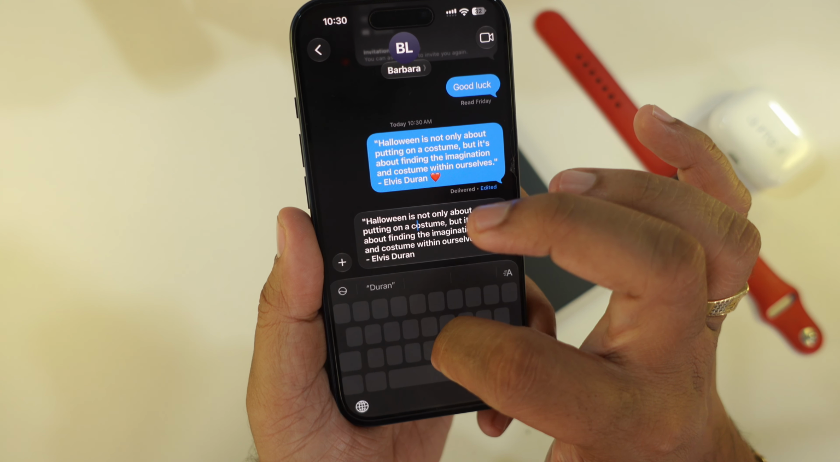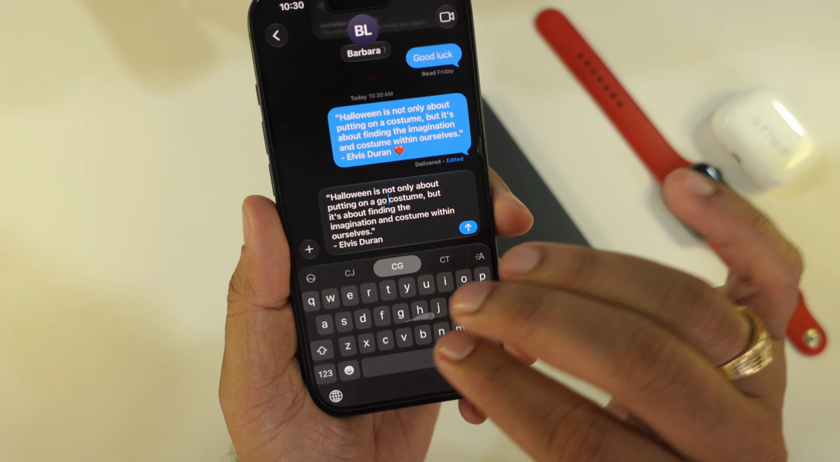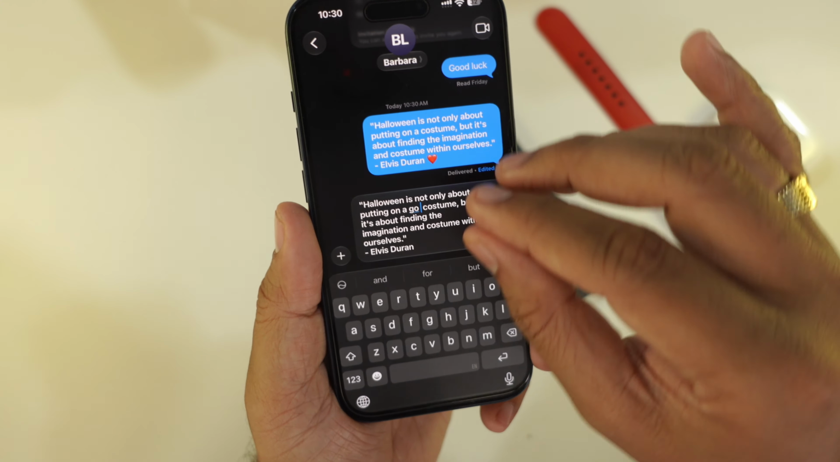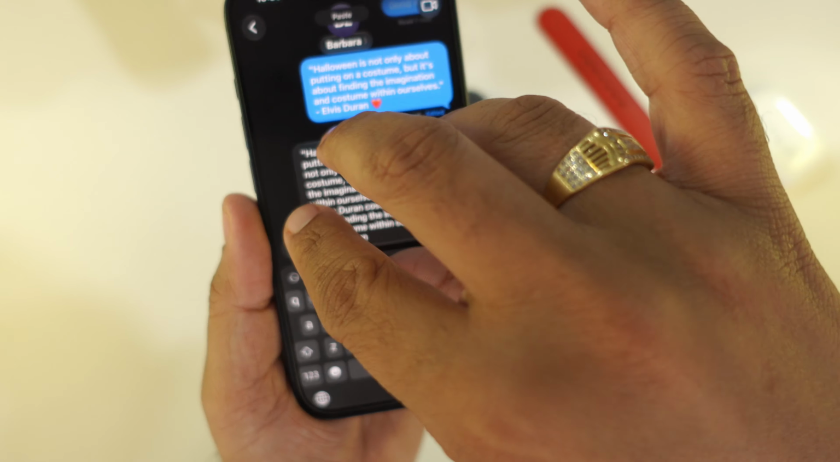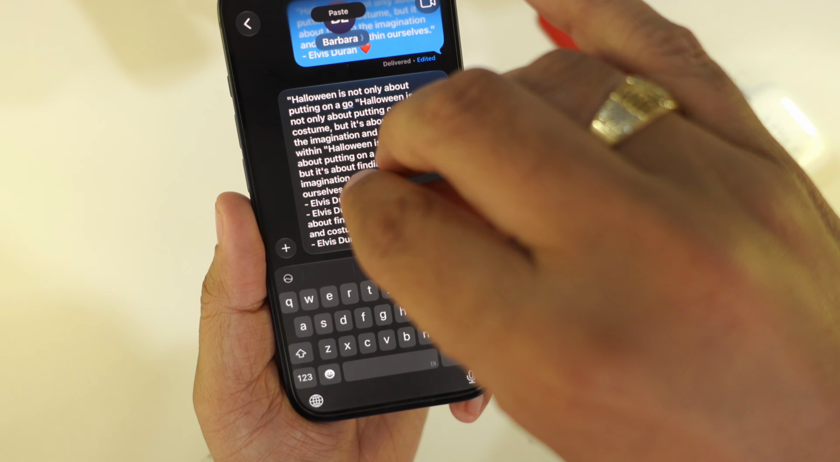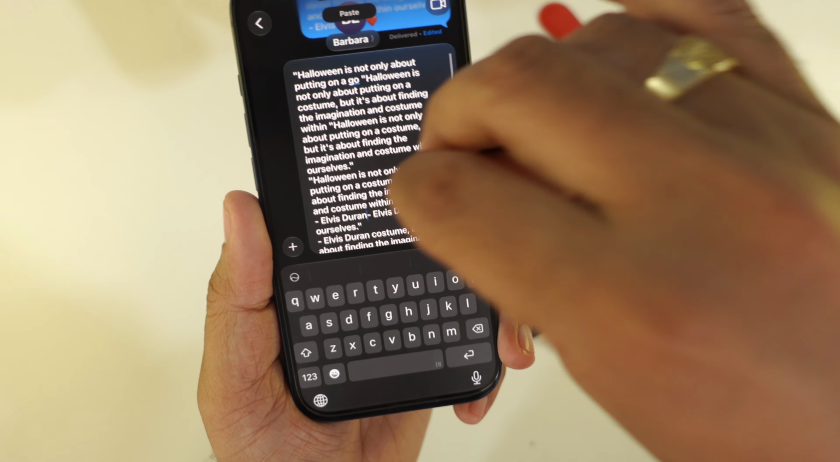Your iPhone also supports 3 finger gestures for copying and pasting. After selecting your text, pinch inward with 3 fingers to copy it. Then move to where you want to paste the text and pinch outward with 3 fingers to paste it. It can feel a little tricky at first, but once you get used to it, it's a really quick way